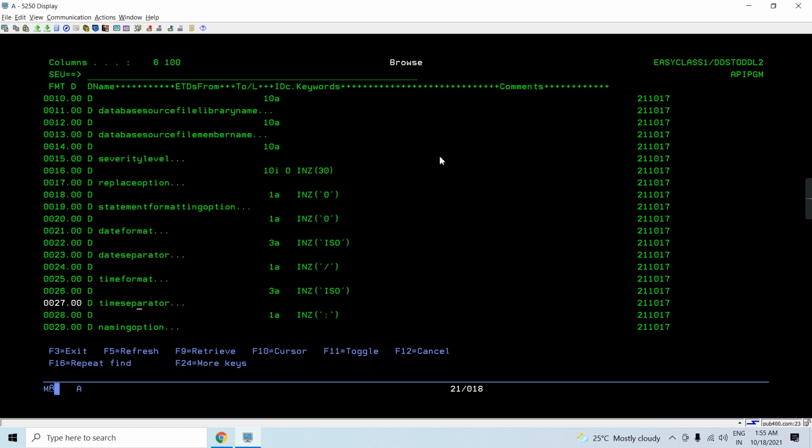But this API is very helpful for every one of us to understand what DDL source is, and how we can generate a DDL source of any database object, that is a DDS PF or an LF, whether keyed LF, whether non-keyed LF, or even with the tables, that is SQL tables or the indexes or the views, whatever we have. Even this API goes further to create the functions or other things, or generating the constraints too, and every other thing that SQL supports.